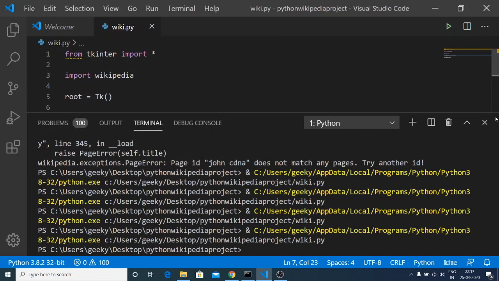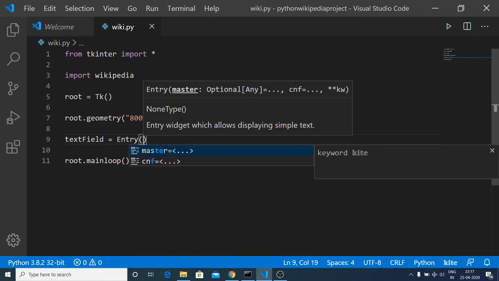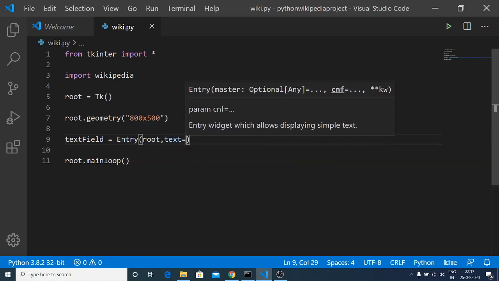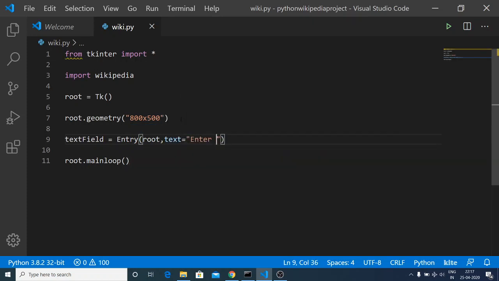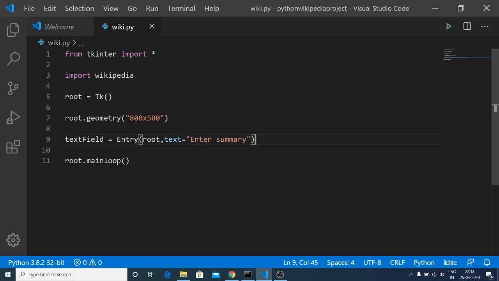Now we just need to create a text field. For that we can just write here text field. So for this we have the Entry method. Here we need to pass first the root parameter and then the text which will be written. So here I can just write enter summary like this. The second parameter that you need to pass is the width, actually how many characters you will need.